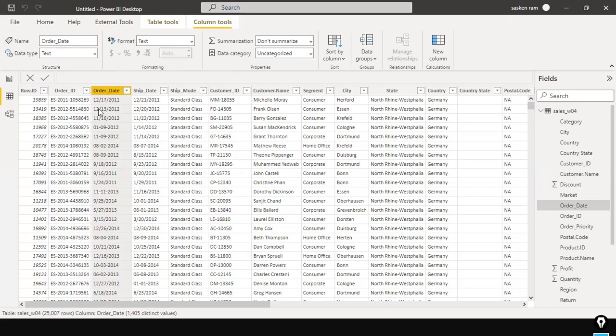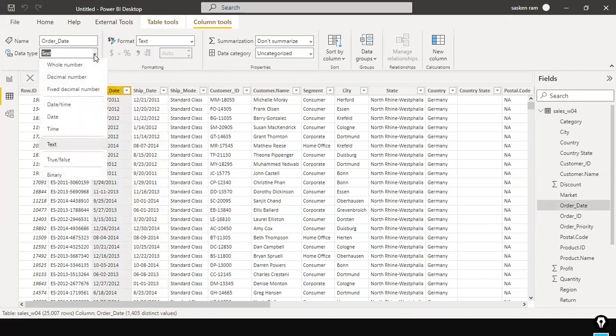12 followed by forward slash and 17 followed by forward slash and 2011, right? So here the month, date, year got separated by forward slash. Hence it assigned this as a text data type. And you have ship date, and here also you have the text data type. It got assigned the text data type. So it needs some kind of treatment. You need to convert these to date data type,